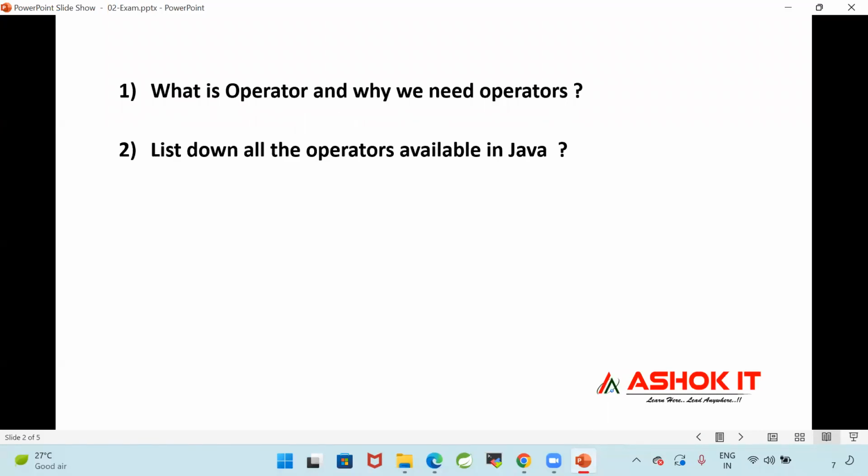First question, what is an operator and why do we need operators? Second question, list down all the operators available in Java. There are several categories of operators available. You have to write all those categories also.